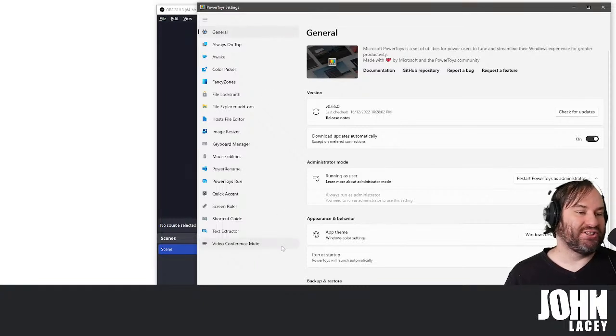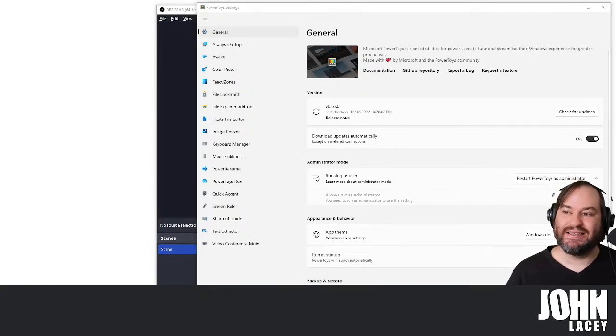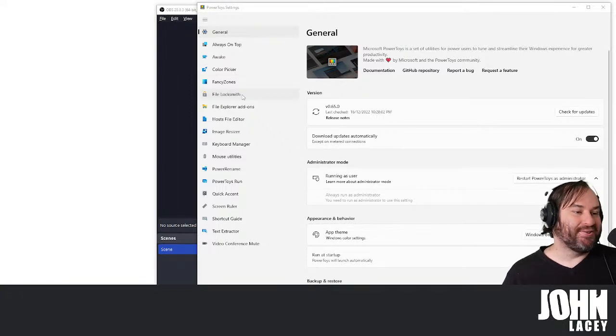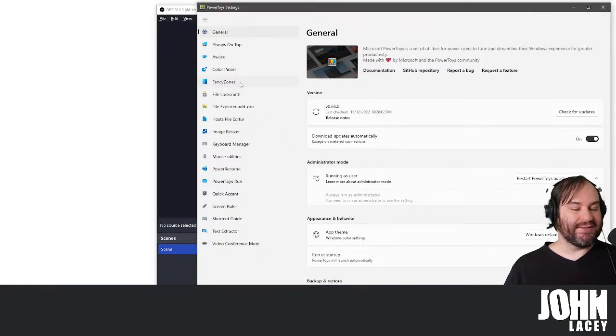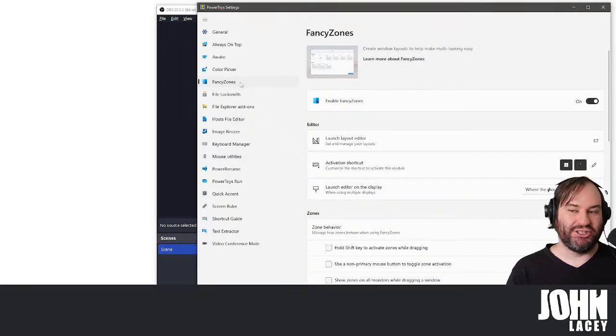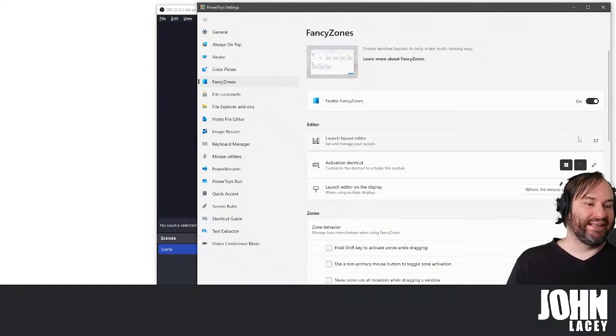We have a whole bunch of different features, and some of these are really cool. Some of them I've barely touched at all, but I imagine they're probably awesome. The one I'm most interested in, though, is FancyZones. FancyZones allows you to create snappable regions on your screen that you can move applications into. So if you install PowerToys, pick the FancyZones section, and make sure it's enabled. We have a toggle to make sure that is on, and you have the ability to launch the layout editor. So if I click on this one,